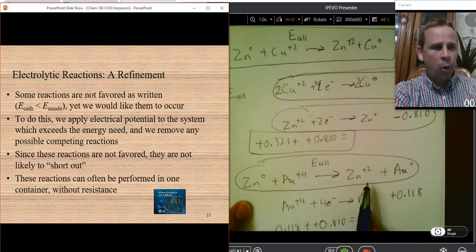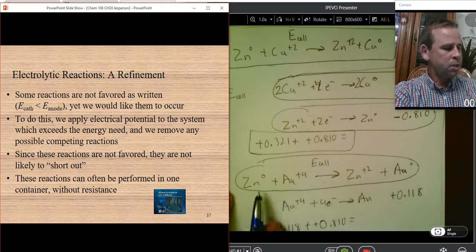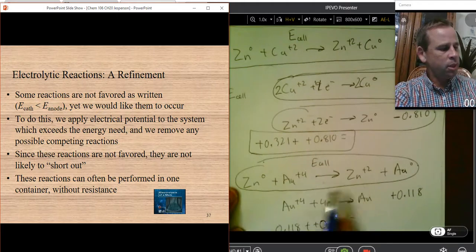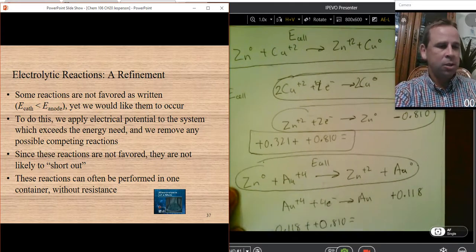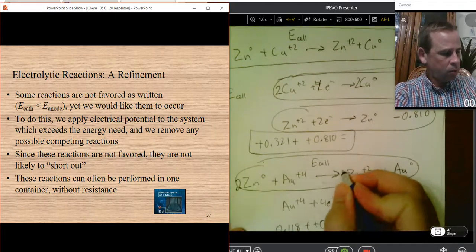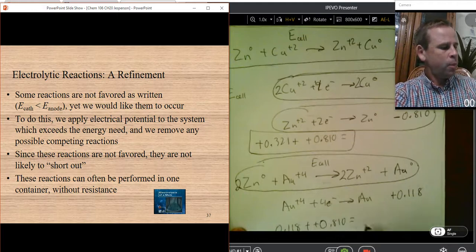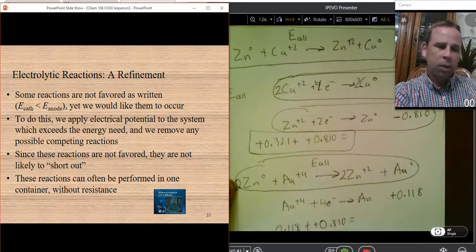Now, or before I do it, I might note, wait a second, this equation is not balanced. It's not balanced because zinc is giving up 2 electrons, but each gold ion is supposed to need 4 electrons. We can balance it by adding twice as many zinc ions as gold ions, and we might be tempted to try to change this value right here because now we have 2 of these, but it doesn't